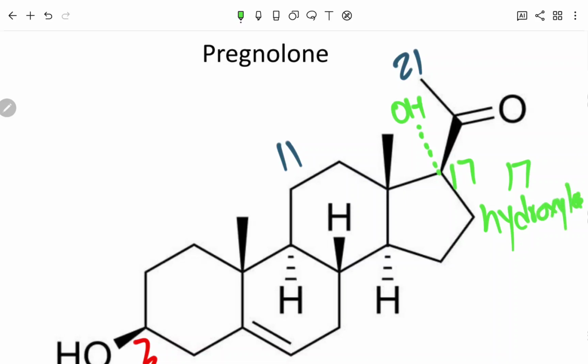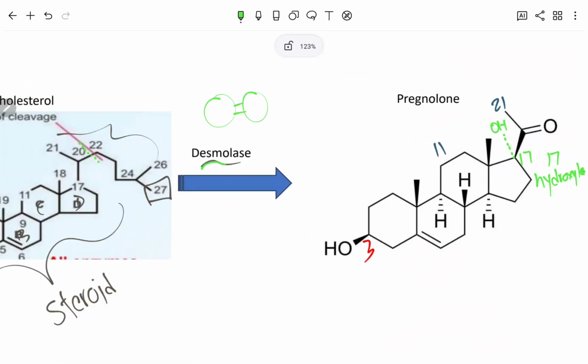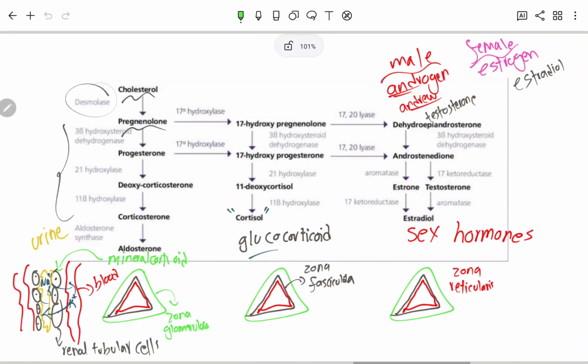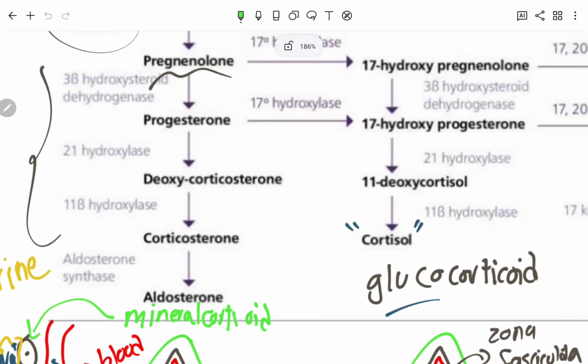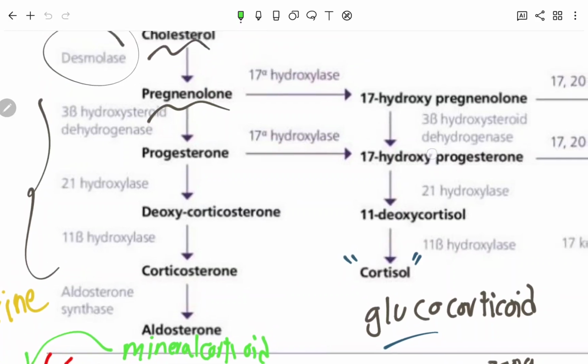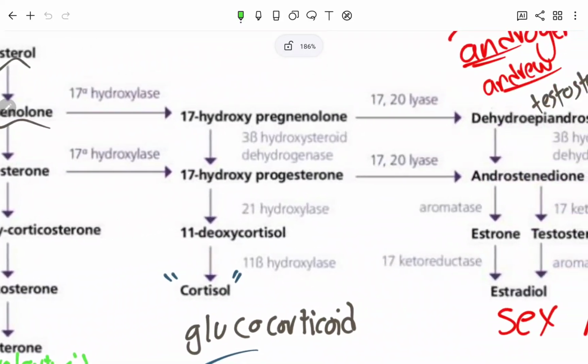And please note that this step of hydroxylation at carbon 17 doesn't occur in all corticosteroids. For example, if I want to synthesize aldosterone from pregnenolone, then pregnenolone is not going to undergo any hydroxylation at carbon number 17. So the hydroxylation occurs only if I want to synthesize either cortisol or the sex hormones